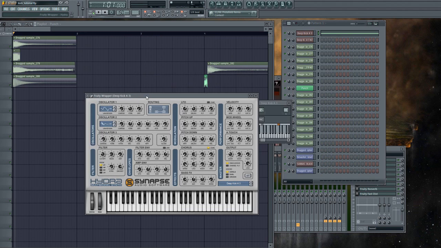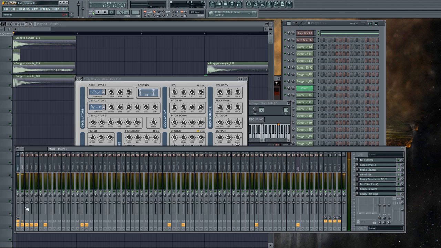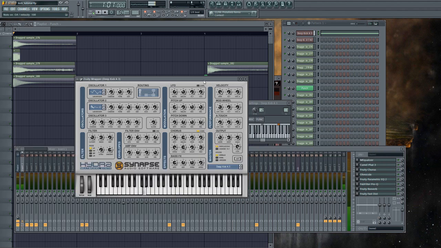Xenon started with the Hydra, the Deep Kick A3 preset. Just set this to the waveform number 8 and the waveform number 27. Okay, you can play with the decay of the second oscillator. Actually, let me turn off the effects. This is how it sounds. And if you play with the decay,